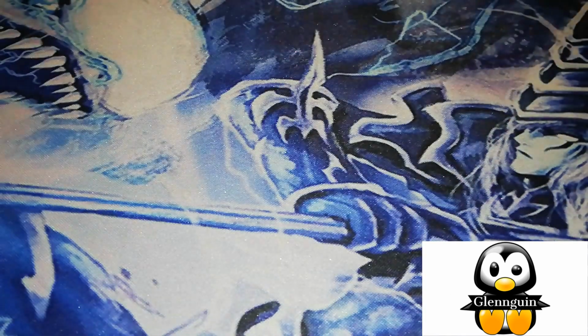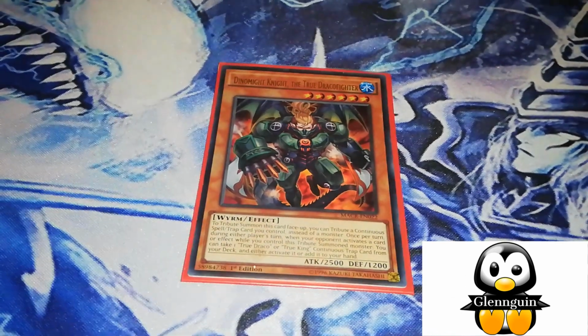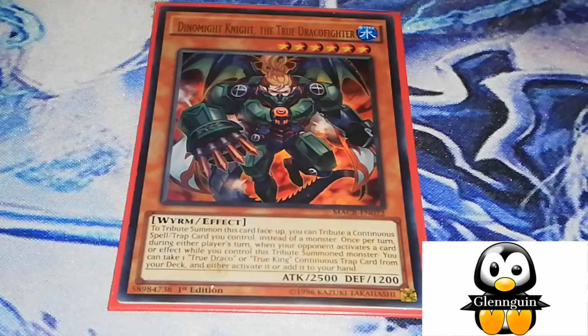But right now, let's get into the deck profile. We're going to start with the monsters themselves. Let's zoom in a little bit. There we go. Dynamite Knight, the True Draco fighter. So he is only limited for a certain reason. Most of your monsters are all tribute summons, and that is by continuous spells or traps that I control instead of monsters. And once per turn during